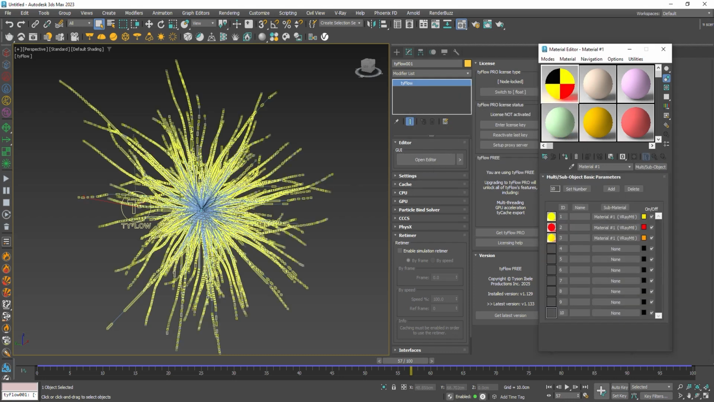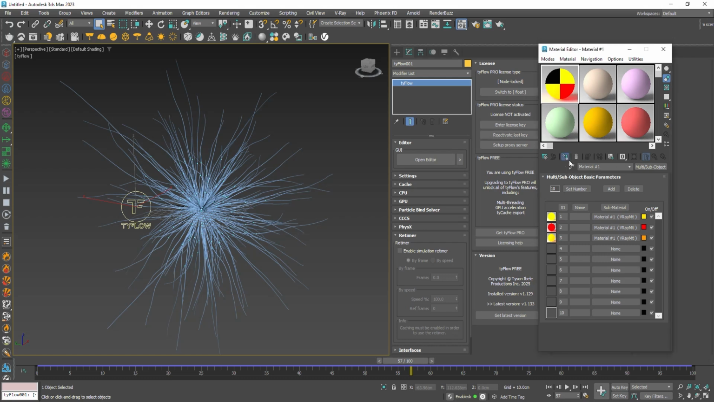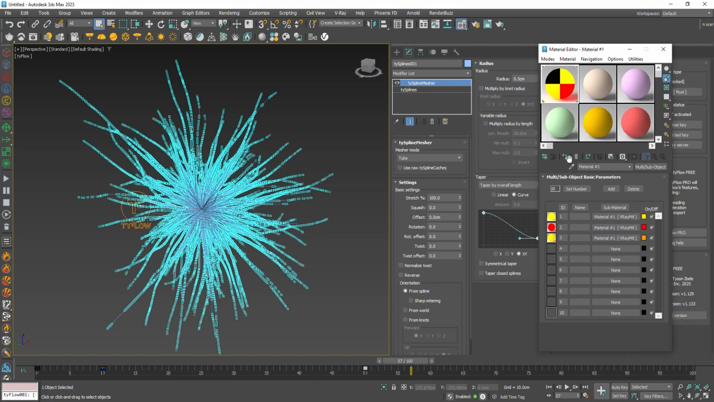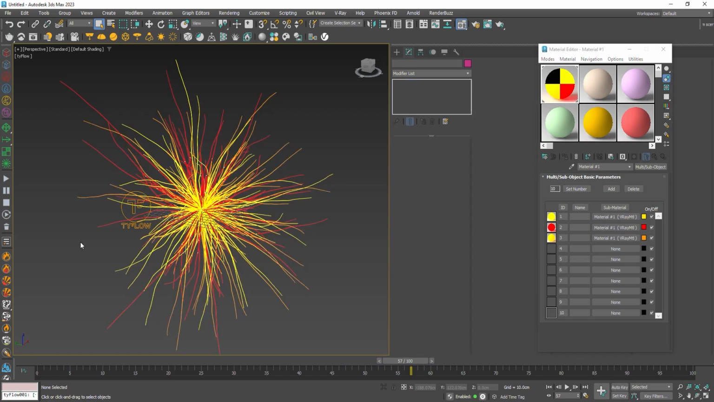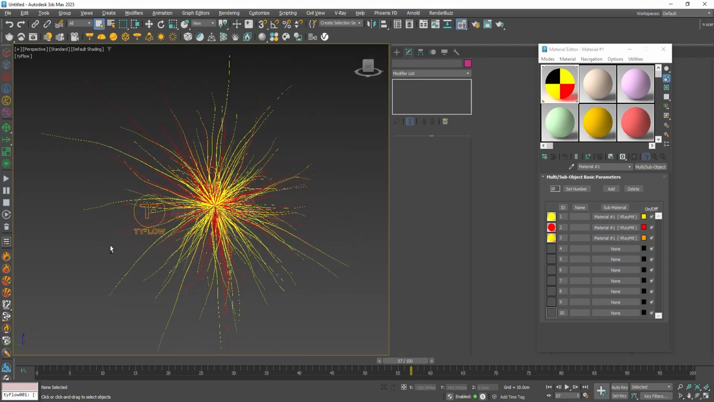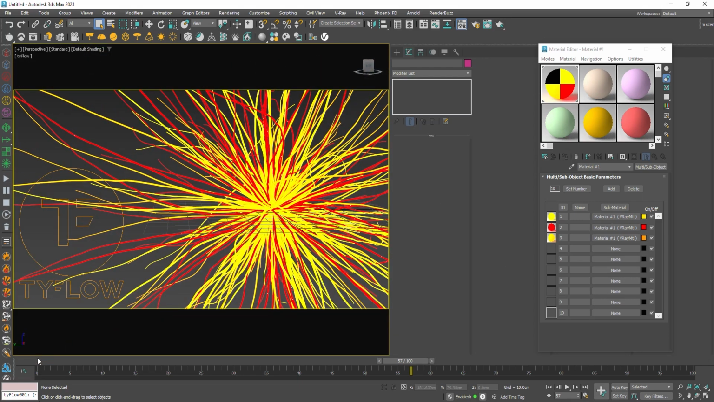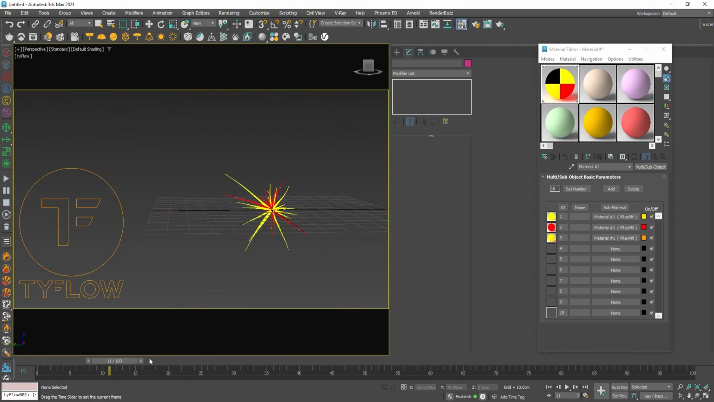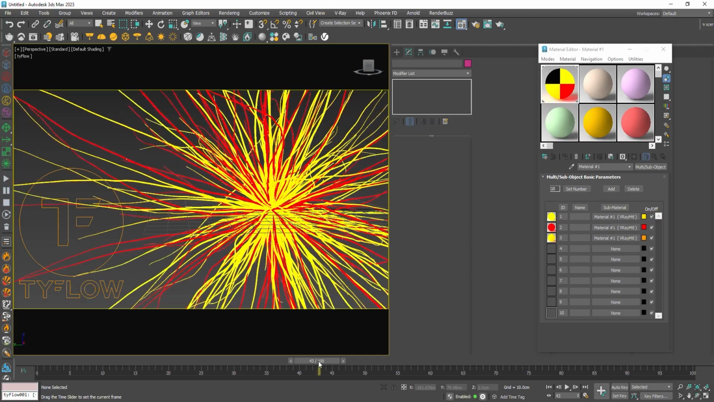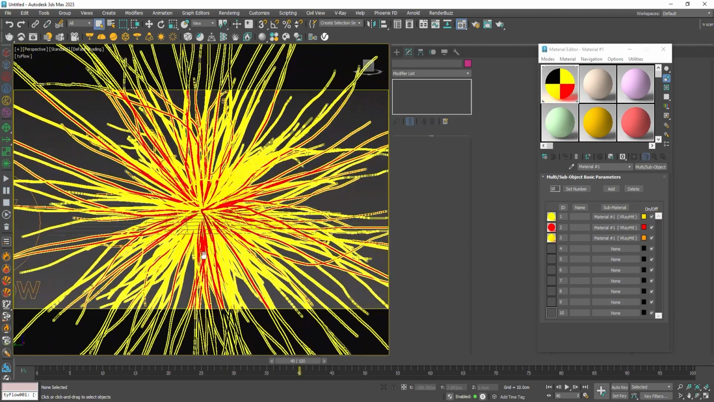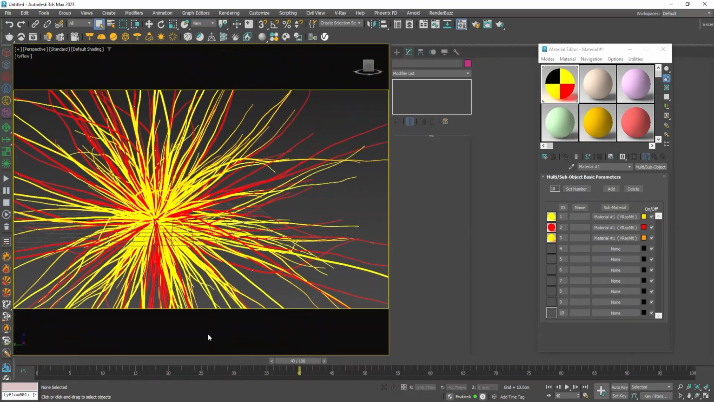And then apply this material to TyFlow and then spline paths. And now as you can see, we have multiple colored splines. So in this way you can create a spline explosion. As you can see, it's really good looking. And if we move it here,